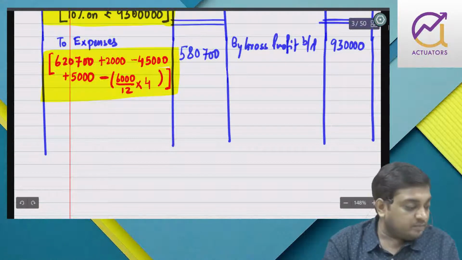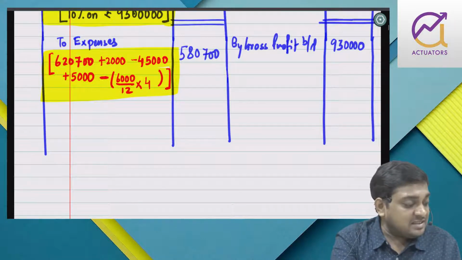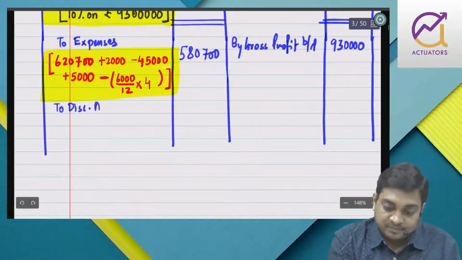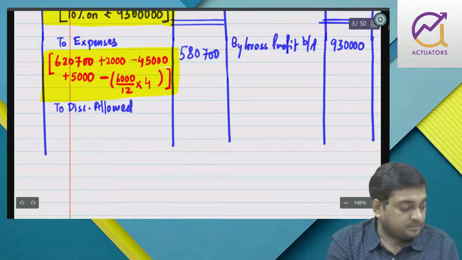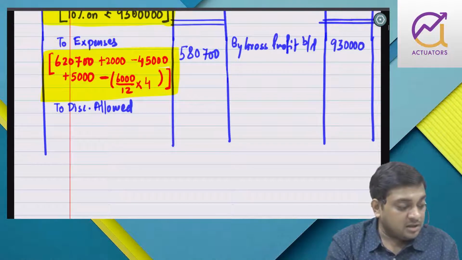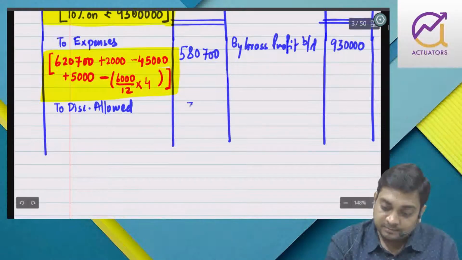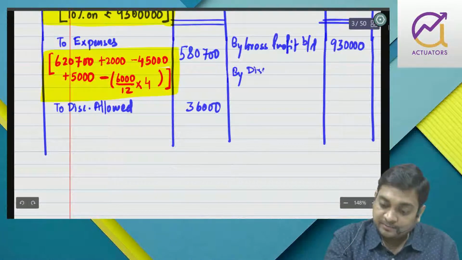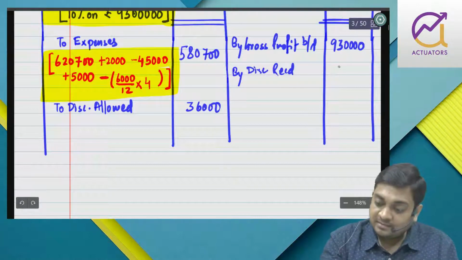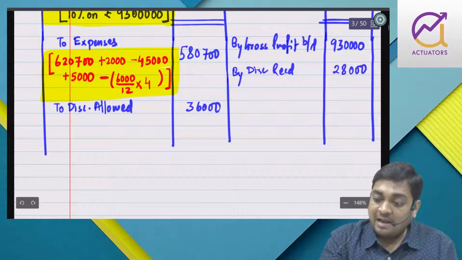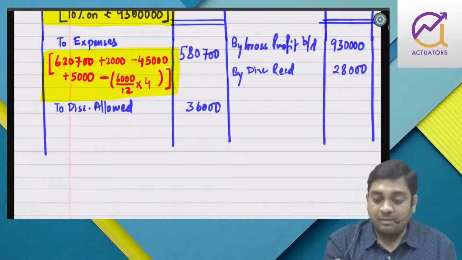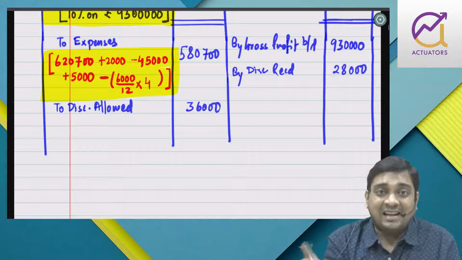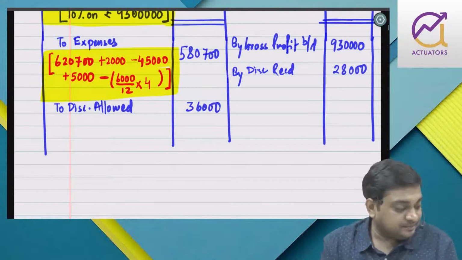Right? Okay, fine. So now you have other expenses as well in this problem. We have discount allowed, so that we have to put, how much? 36,000. We have discount received also. If we would have been given a trial balance, then discount allowed would have been on the debit side of the trial balance and discount received would have been on the credit side. But here it's just scattered, you have to just bring it to one place.